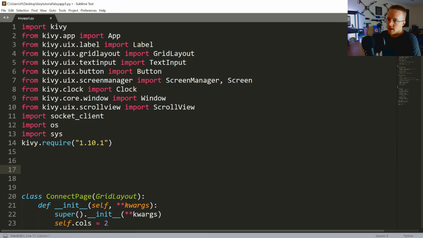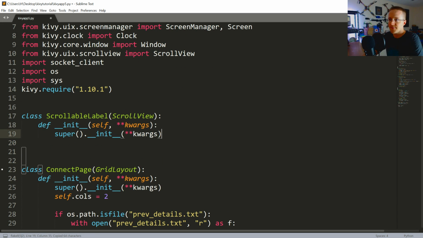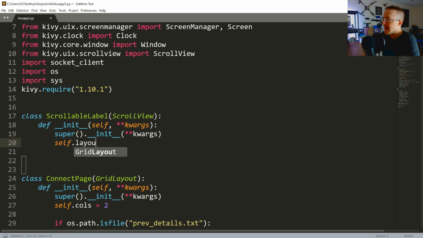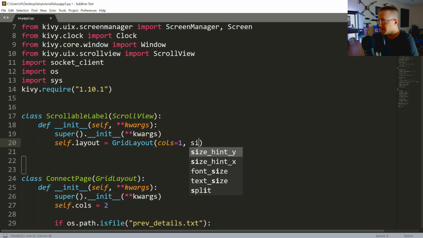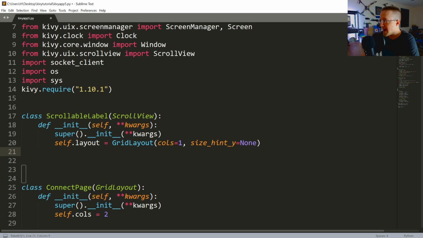So class ScrollableLabel. It's going to inherit from ScrollView, and wouldn't you guess it, we're going to do this as well. Cool. All right, so first we're going to say self.layout is equal to a GridLayout where we just have one column, and then size_hint_y equals None, and then we're going to add that. So self.add_widget